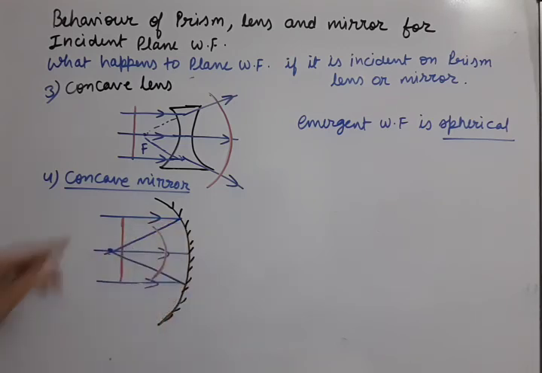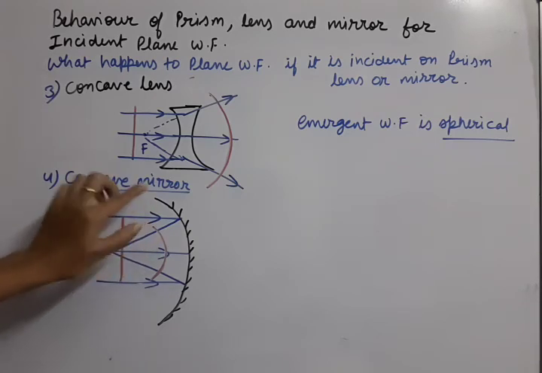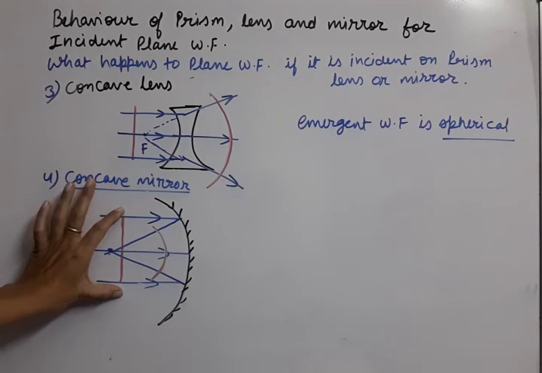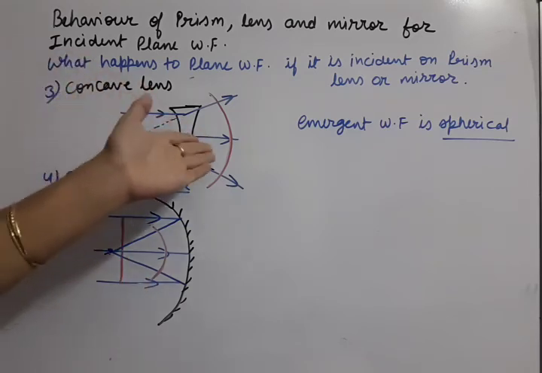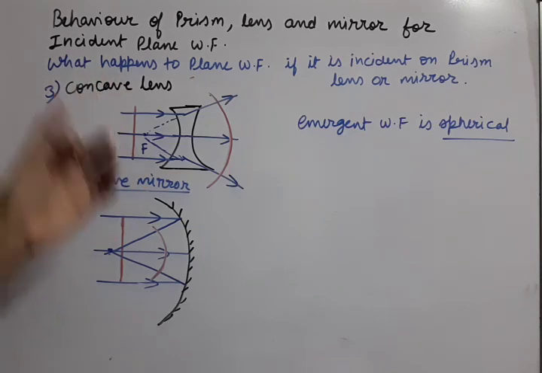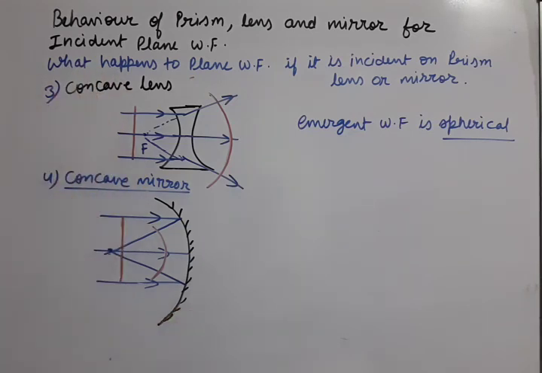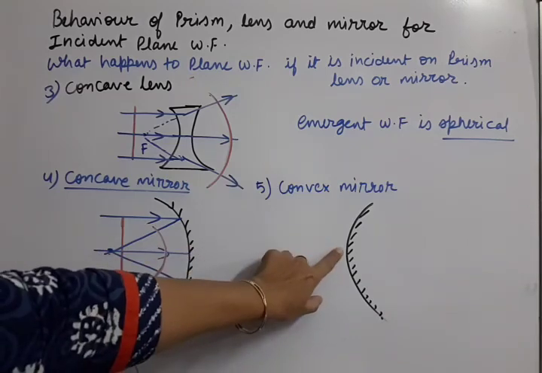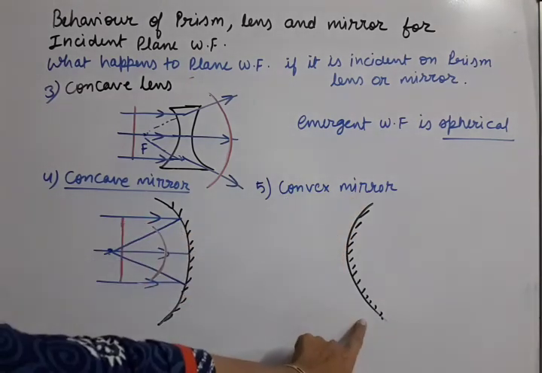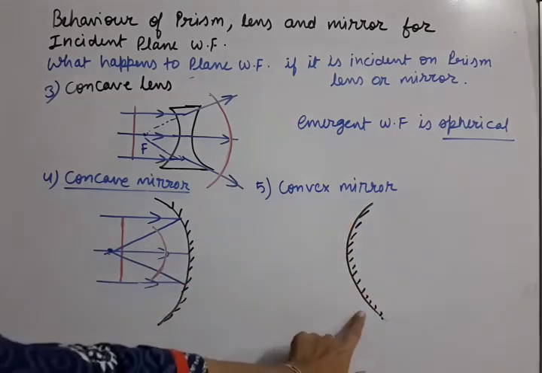तो हमारा इनपुट था प्लेन वेव फ्रंट और हमारा आउटपुट आया स्फेरिकल वेव फ्रंट. यानी कॉन्केव मिरर क्या करता है? कॉन्केव मिरर प्लेन वेव फ्रंट को स्फेरिकल वेव फ्रंट में कन्वर्ट करता है. ओके, दीज ऑल्सो हैव डन द सेम थिंग, लेंस ऑल्सो, मिरर ऑल्सो. In the same manner, let us try for the convex mirror here. Next is convex mirror. Convex mirror is that mirror in which the outer surface is reflecting, inner surface is non-reflecting. So outer surface is reflecting.